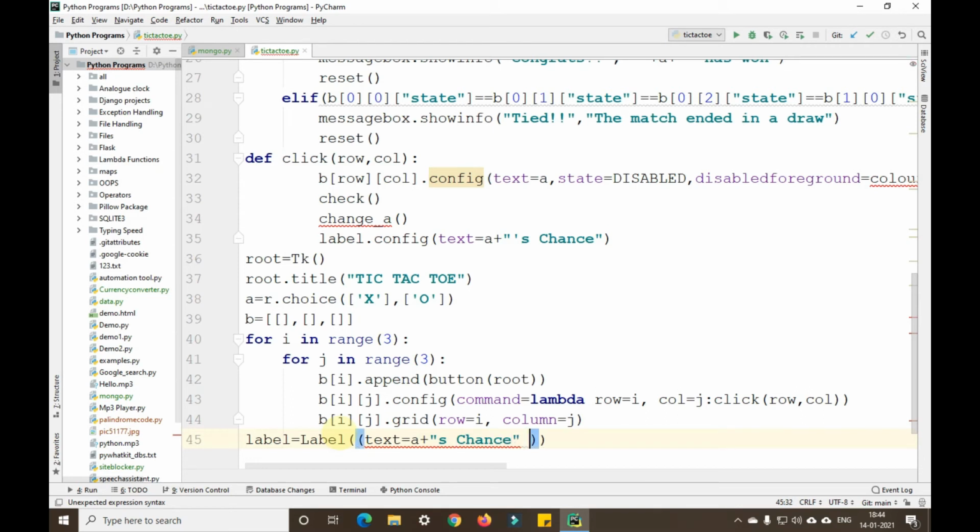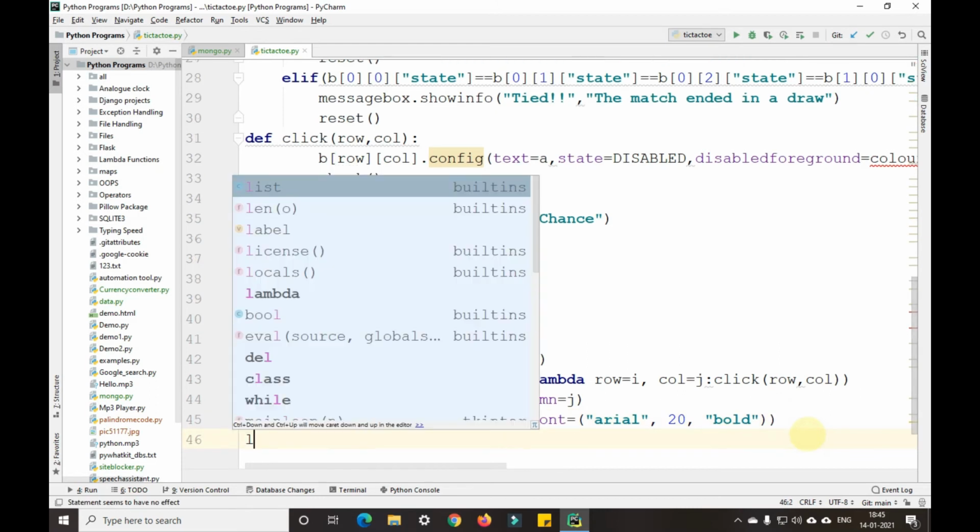For that, I'll give the font as font equals to Arial, comma, the size of that particular font is 20, comma, it is in bold. Okay, there's a comma here, guys.